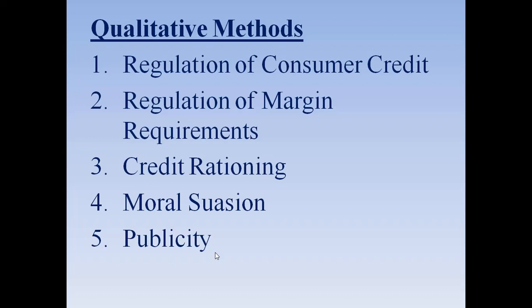Like I purchased this scooty, so I had to pay a certain amount of down payment. Below that I was not allowed to do so. So I had to pay a certain minimum limit of down payment. So that is about the regulation of consumer credit. Let us say I deposited 40,000, so the remaining amount of money, maybe 68,000, was paid by the bank. So that is the credit regulation.